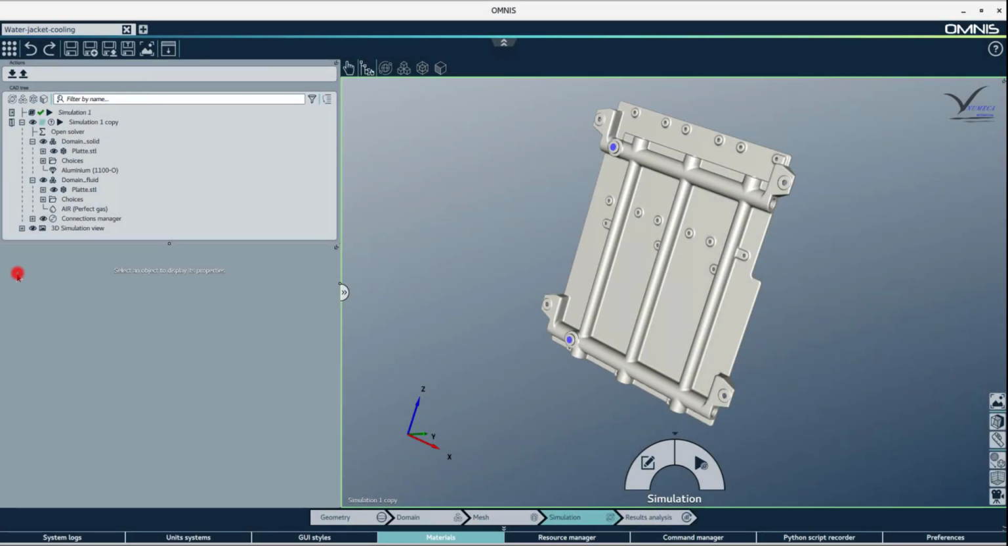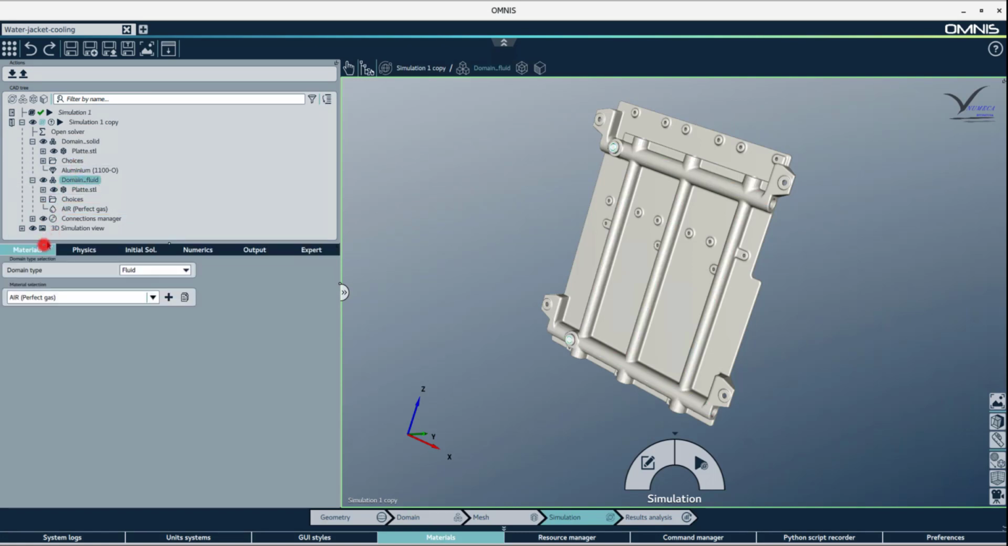After a simulation is created in the simulation context, you can select the material to be used for each domain. Click on one of the domains in the tree. Go to the Material tab and select the domain type between fluid, solid, or multi-material. You can select the material from the drop-down list of materials available in the Omnis database or create your own